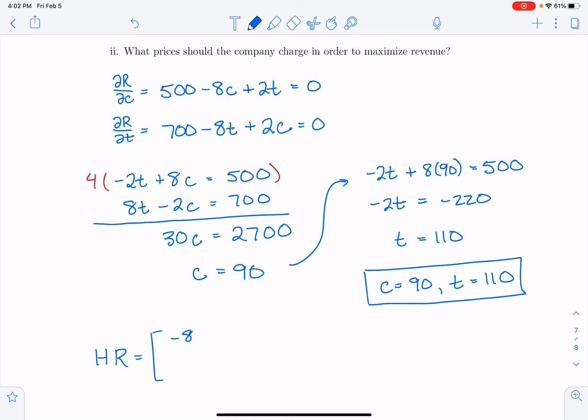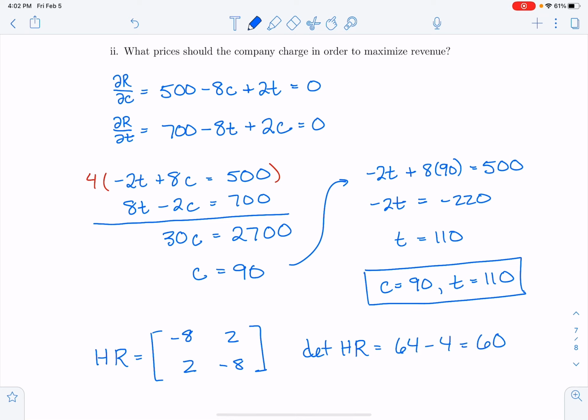If I take the derivative of R with respect to C, then T, I'm going to get 2. With respect to T, then C, I'm going to get 2. And the second derivative of R with respect to T is negative 8. So the determinant of that Hessian matrix is going to be 64 minus 4, also known as 60,